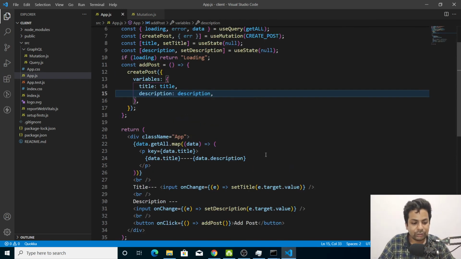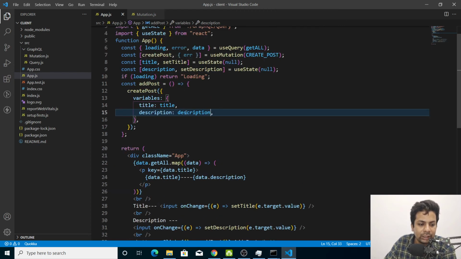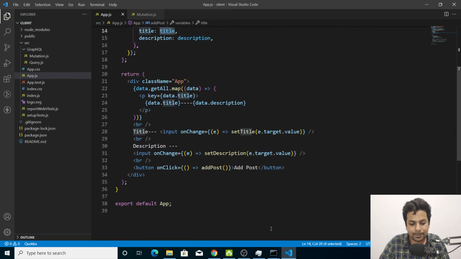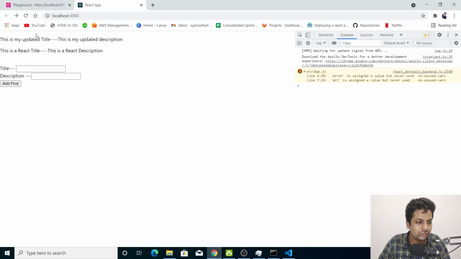So let me just tell you here input tags of title. I'll say on change, whenever someone will input, just get that value and set it into the title variable and use that to send the data. Like React, this much I think. Or you can use refs or whatever you feel like. So let me just come here, reload it, everything's fine.